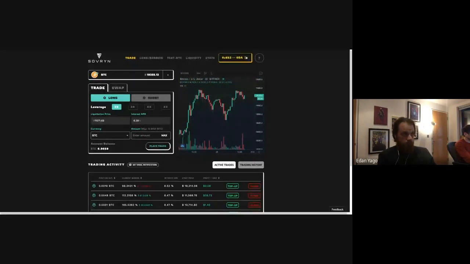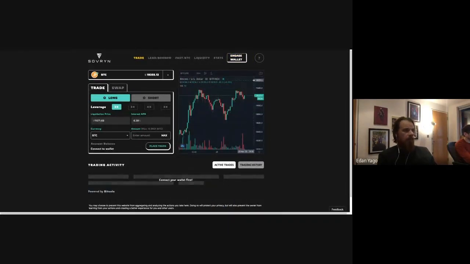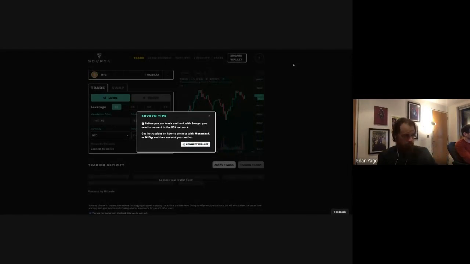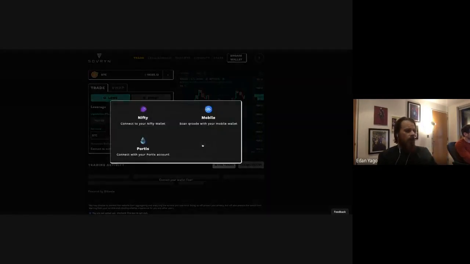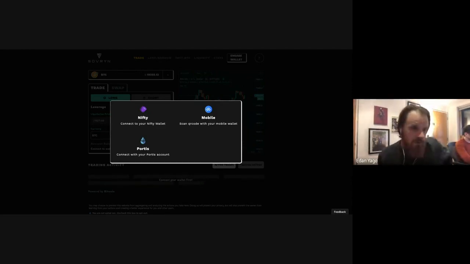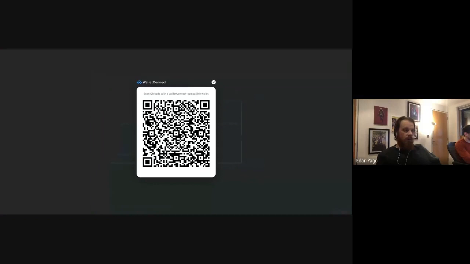In addition to that, I'm going to show you guys now, if we connect to wallet, you'll see that we've integrated a number of wallets. We've been working closely with the IOV team to introduce the ability to use your mobile phone. So if you click on mobile, you can now get a QR code. If you scan that QR code, you can link your wallet to the application and perform all of the funding and confirmations through your mobile wallet.